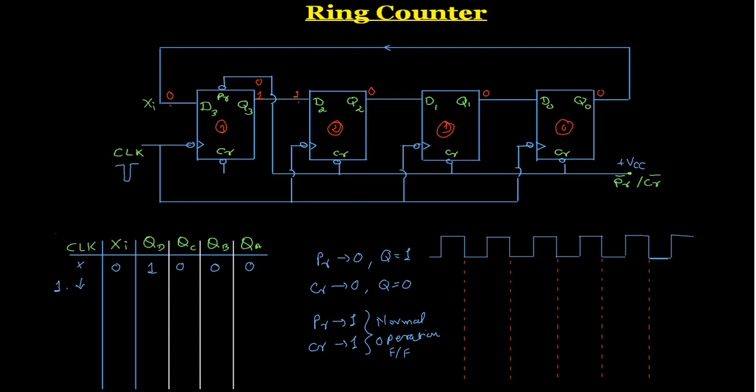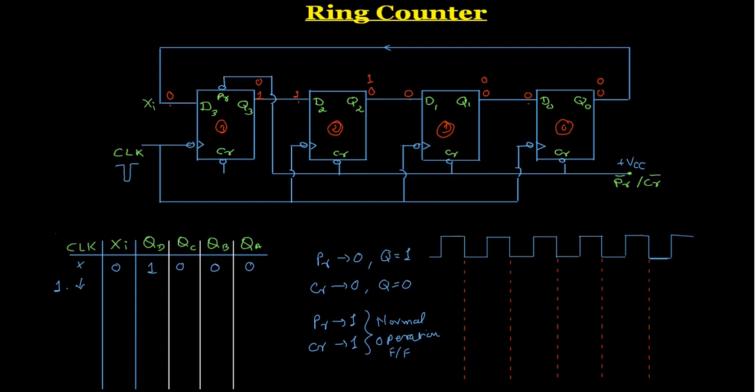At the input of the flip-flop is 0 here. So after applying a negative edge, it is going to be transferred to the output of the second flip-flop. Now the input to flip-flop number 1 is 0, so the output after the negative edge is going to be 0. And here, the input to flip-flop number 0 is 0, so after the negative edge this is going to be a 0.